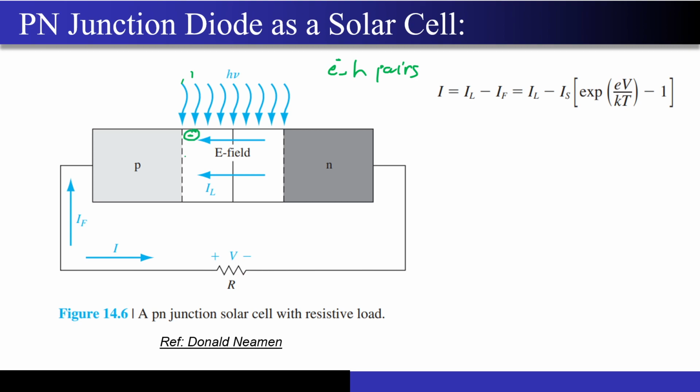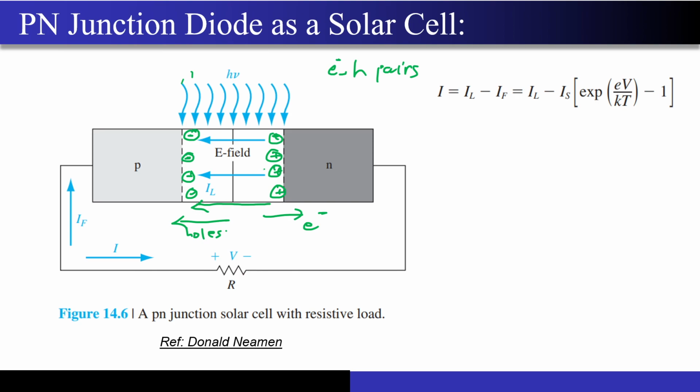And how to know its direction? So there are fixed negative immobile charges present over here, and there are fixed immobile positive charges present over here. Since the electric field is always directed from positive to negative, my electric field is actually from the right to the left direction. That has been shown over here. So now what is going to happen? As these electron hole pairs are generated, the electrons will be swept in this direction and the holes will be swept in this direction,